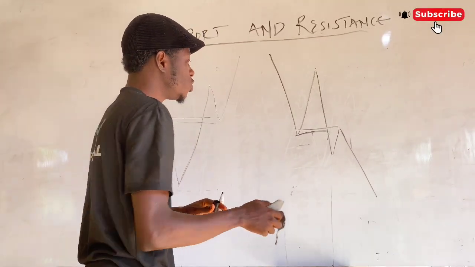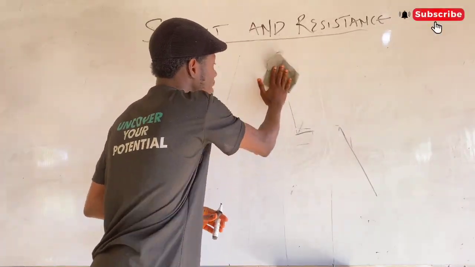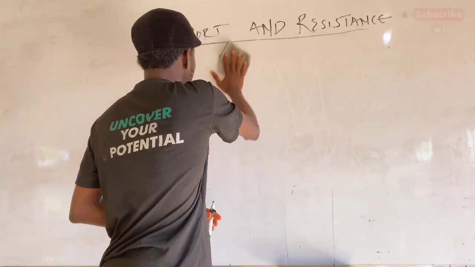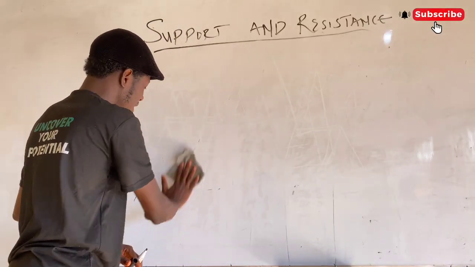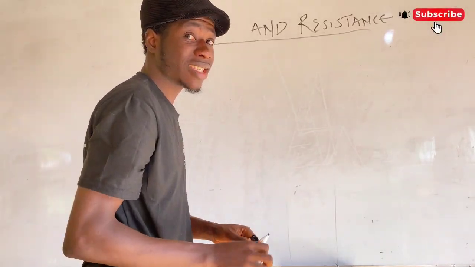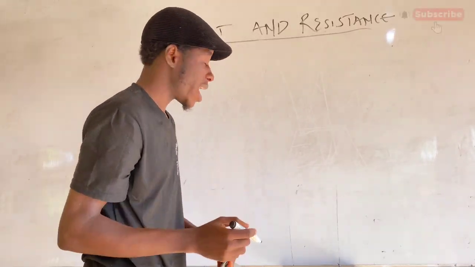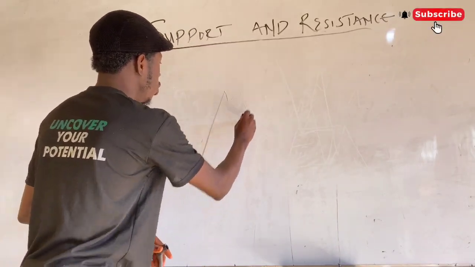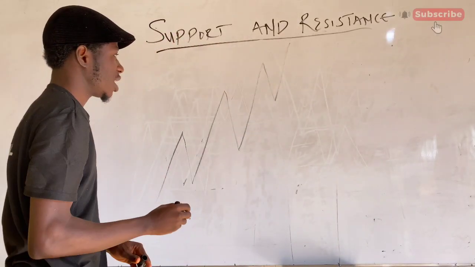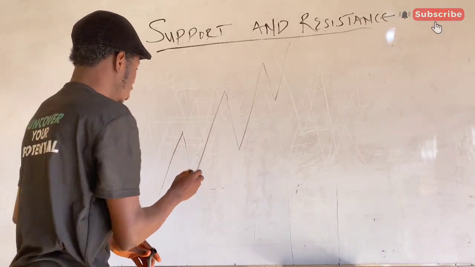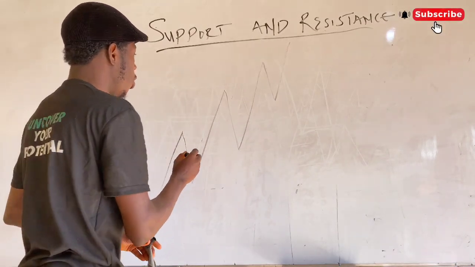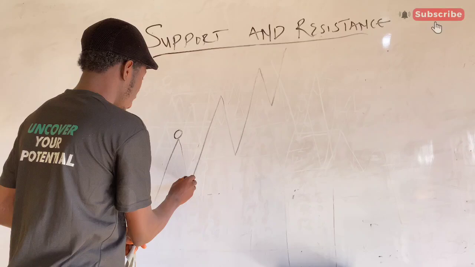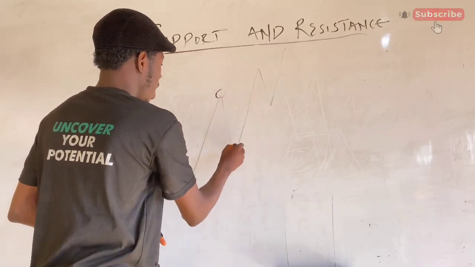In order for us to trade market structure, always remember that price has to create a certain pattern, and that pattern has to be higher highs and higher lows, or lower highs and lower lows. So in order for the cycle to continue, buyers and sellers have to interact with each other, right? As you can see, this is a clear uptrend where market is creating higher highs, higher lows, higher highs, higher lows, and